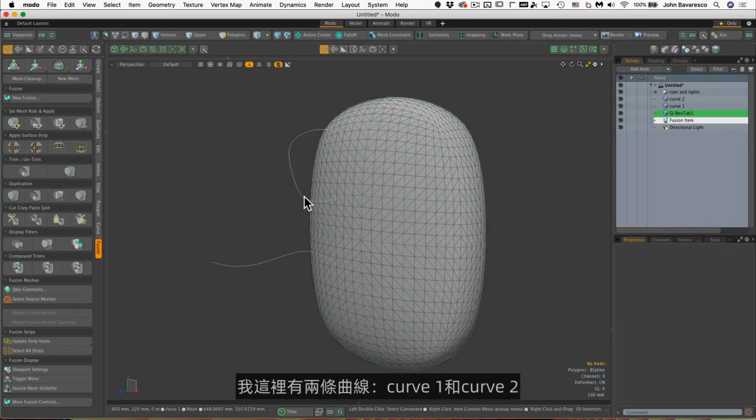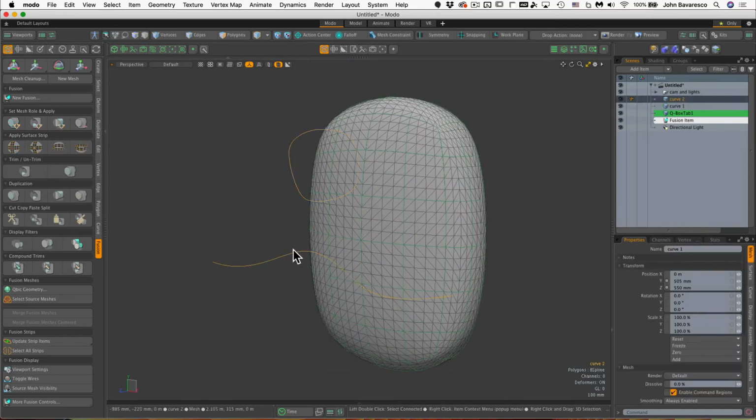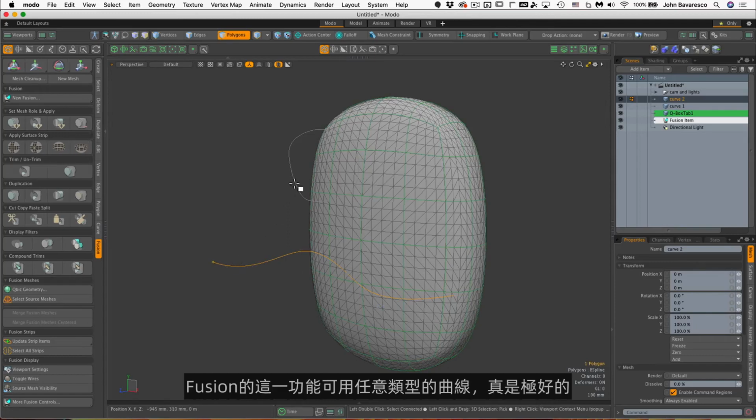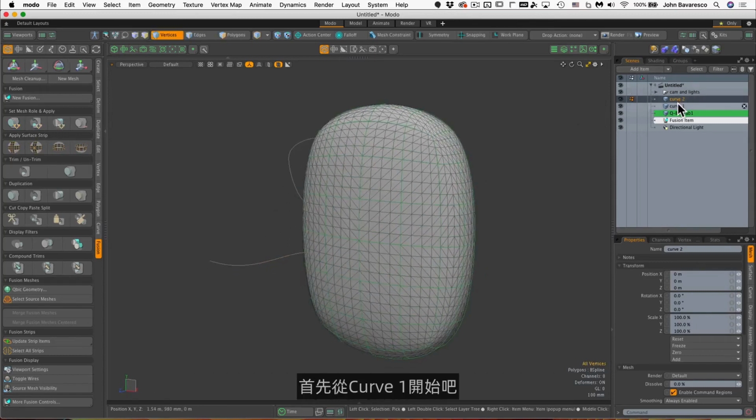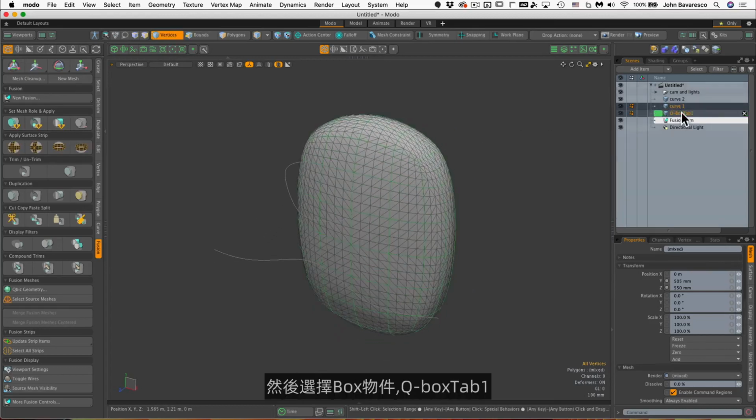Now I've got two curves here, curve 1 and curve 2, each residing on a separate layer. And curve 2 actually is a B-spline. So this functionality in Mesh Fusion works with any type of curve, which is great. So let's just take curve 1 first, and I'll select that, and I'll select my box object there,